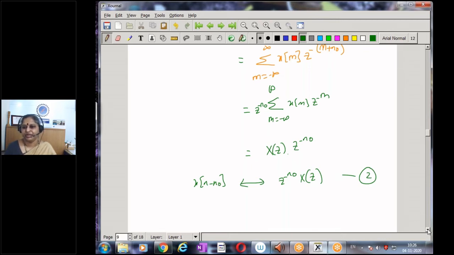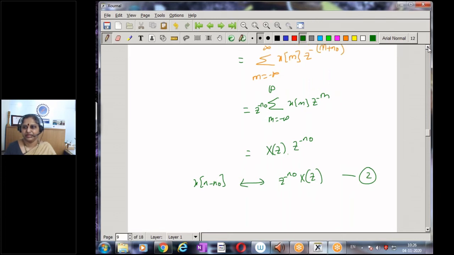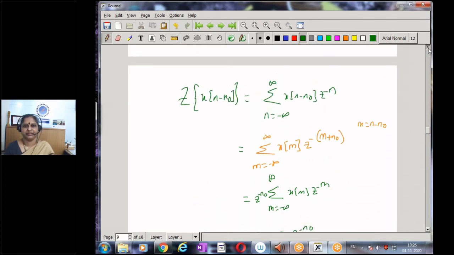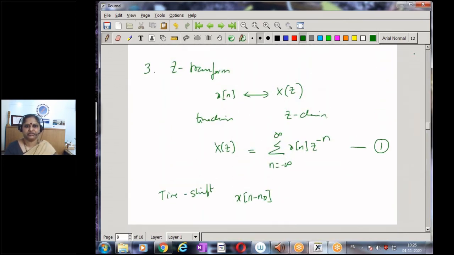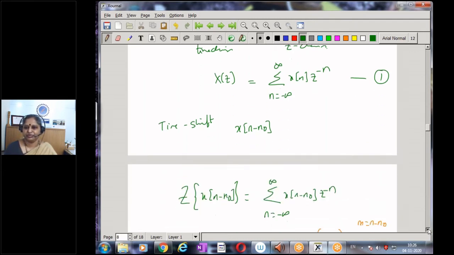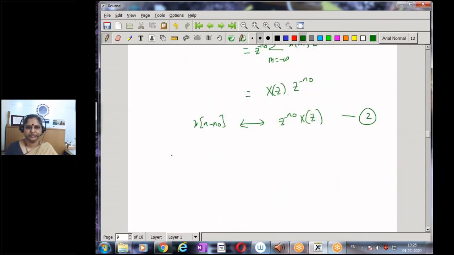transfer function, another method of representing the LTI system, which is using the Z transform or the system transfer function H of z. By using the Z transform, we try to get the system transfer function H of z, the third method of representing the LTI system. So once again, we shall consider the difference equation. So we have our difference equation as y of n equal to a0.